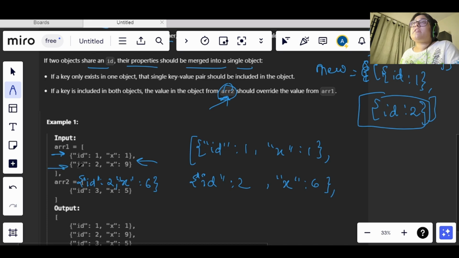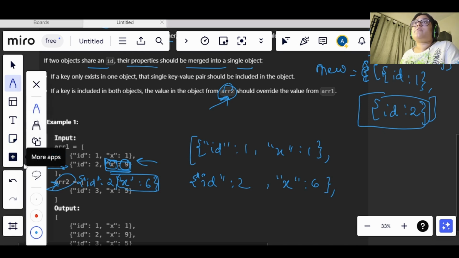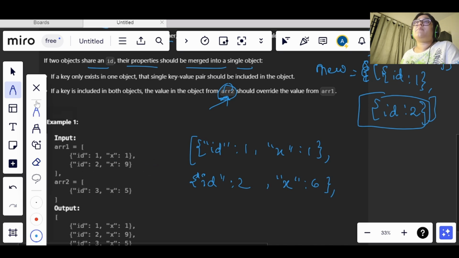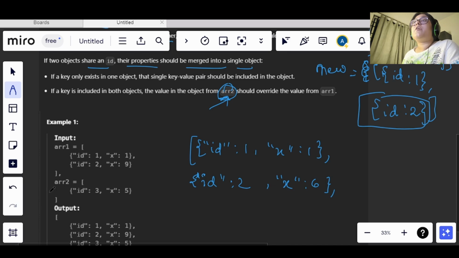The value that this ID has, x being the key and 9 the value, will be overridden by the ID 2 in array 2. So array 2 values will override the values in array 1. This is an important point because it will make us add some extra lines in the code. This will be added like normal, but array 2 will play an important role.